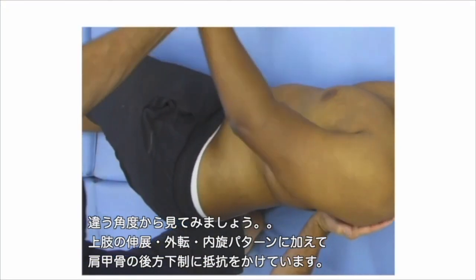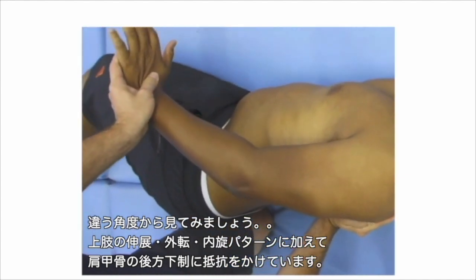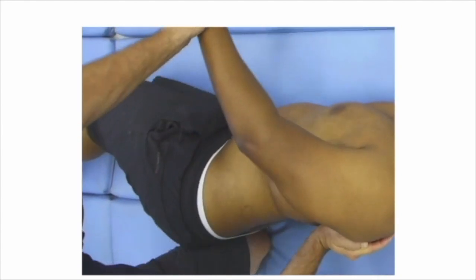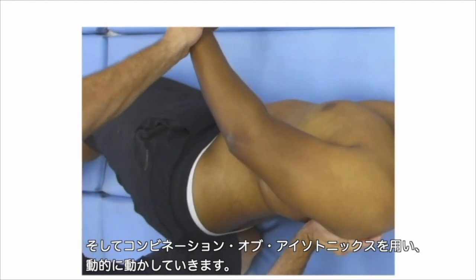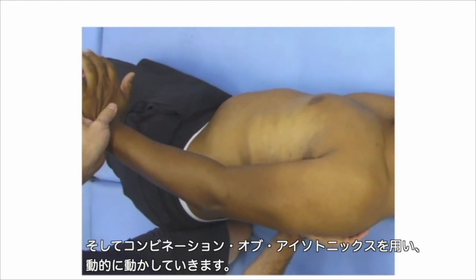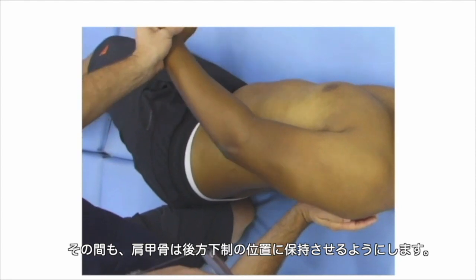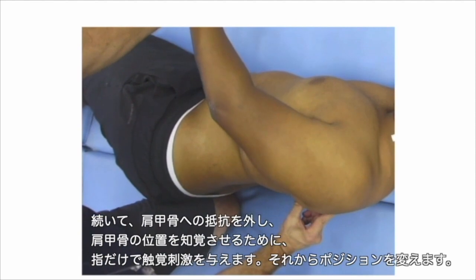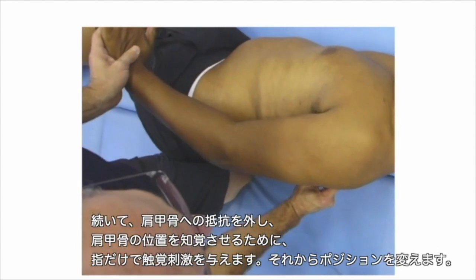Now the view from a different angle. So you can see here the extension abduction pattern plus a resisted scapular posterior depression. And I'm working dynamically with the arm using the technique of agonistic reversal. Some people call it combination of isotonics, while the scapula is staying in its position in a posterior depression. In the progression, I'm taking off my resistance at the scapula,